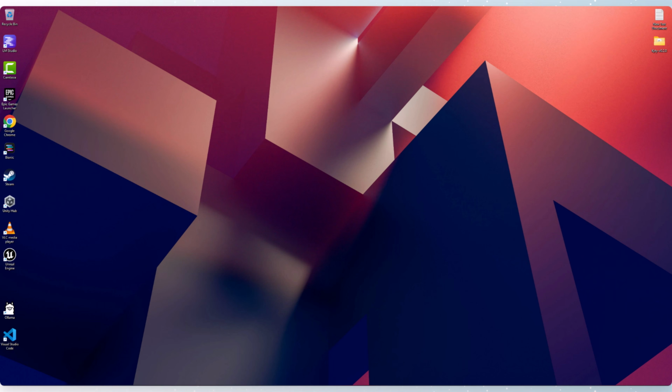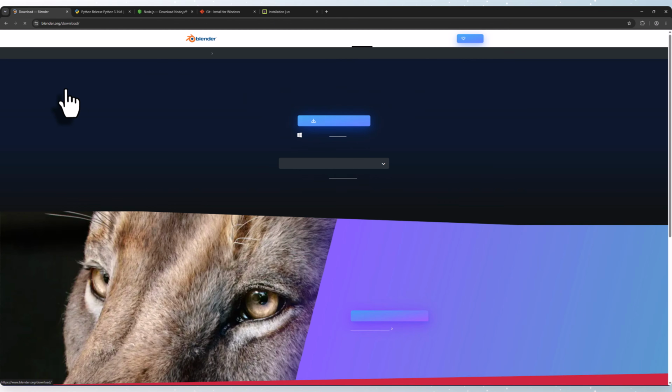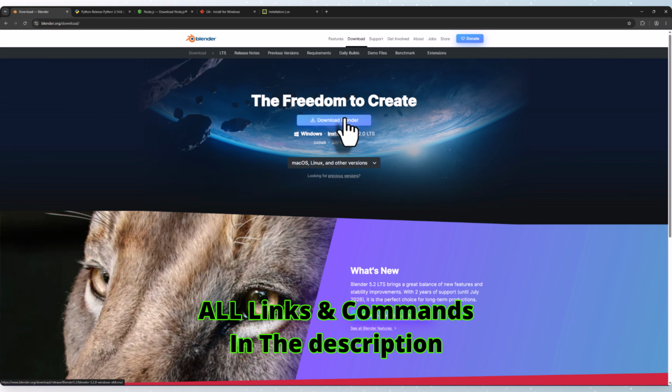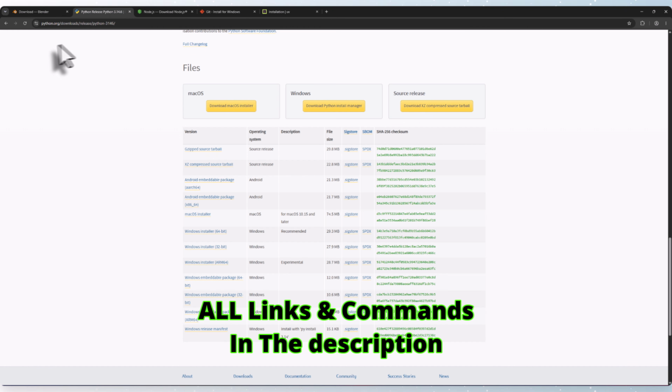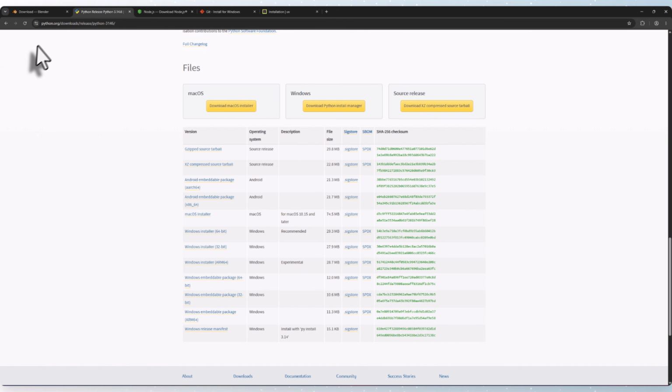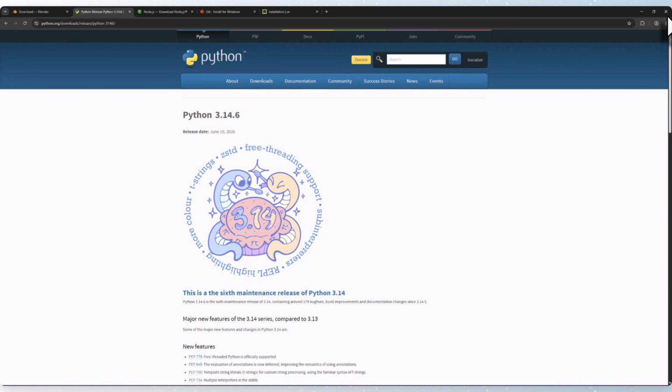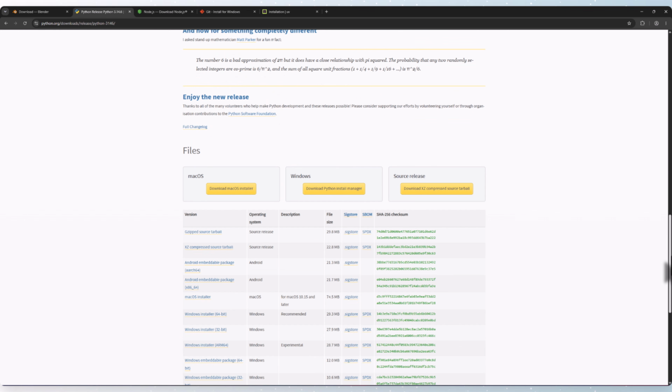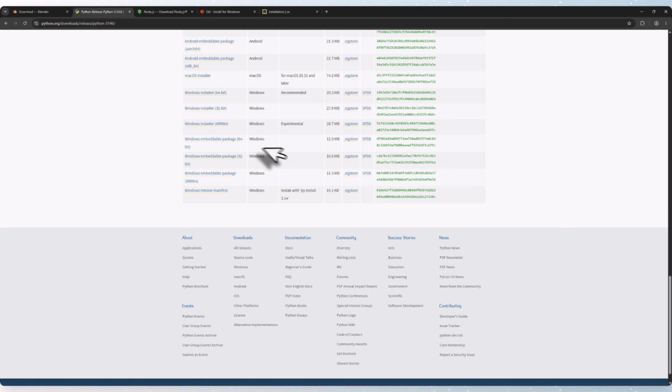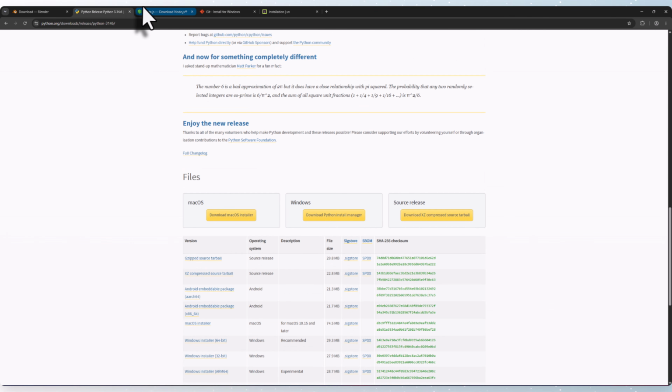Okay, let's go here to Google. Just download Blender from here. After downloading Blender, go here to Python, all links you can get in the description. I can get this Python version, the final version 3.14.6, and download it from those links. After downloading